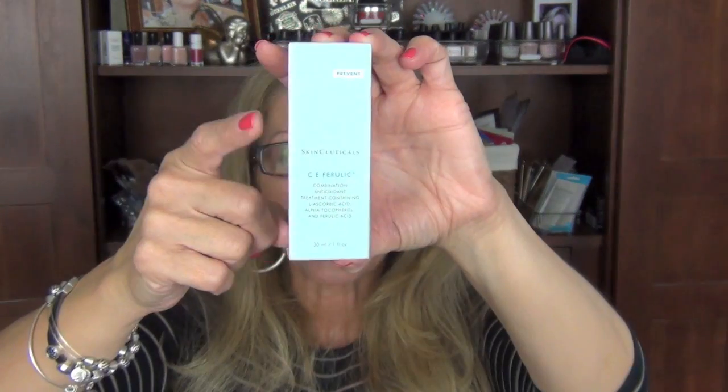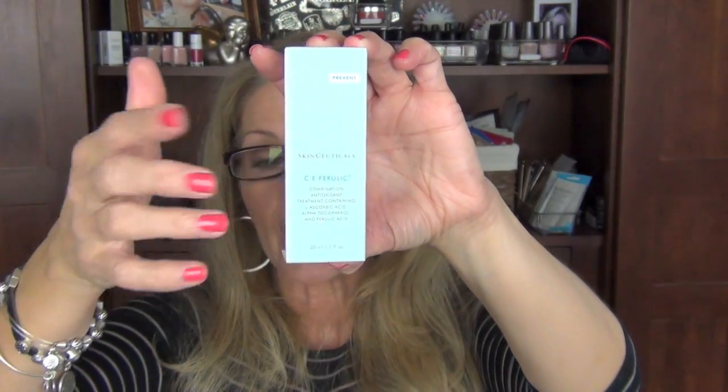Alright, so many of you may want to know, why do we have to use vitamin C serum? You don't have to use anything, but vitamin C serum is a free radical fighter. Free radicals break down the skin. So you want to protect your skin from that. It will act as an antioxidant which repairs cells, gives you a healthier look, it restores, it regenerates. Some even say, and I don't have any acne scars to be able to say this for sure, but many people who use a vitamin C serum who have acne scars notice that it does help to rid the scars